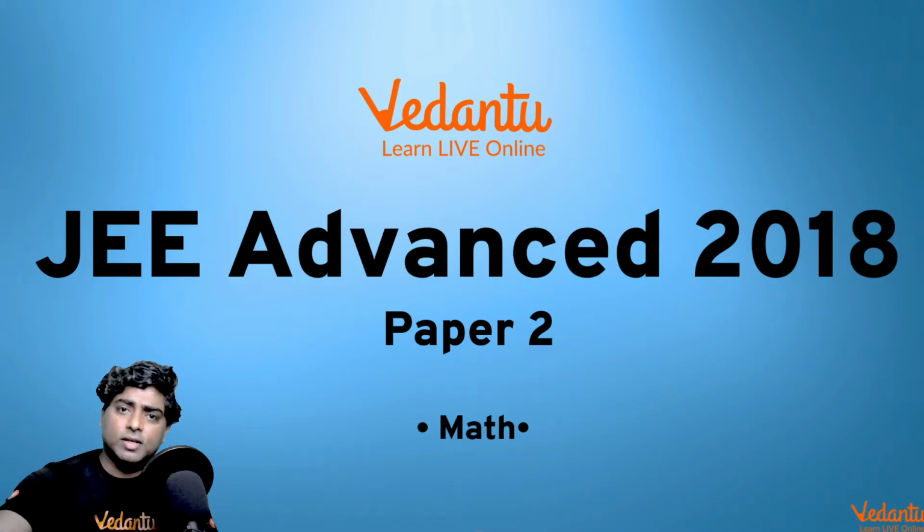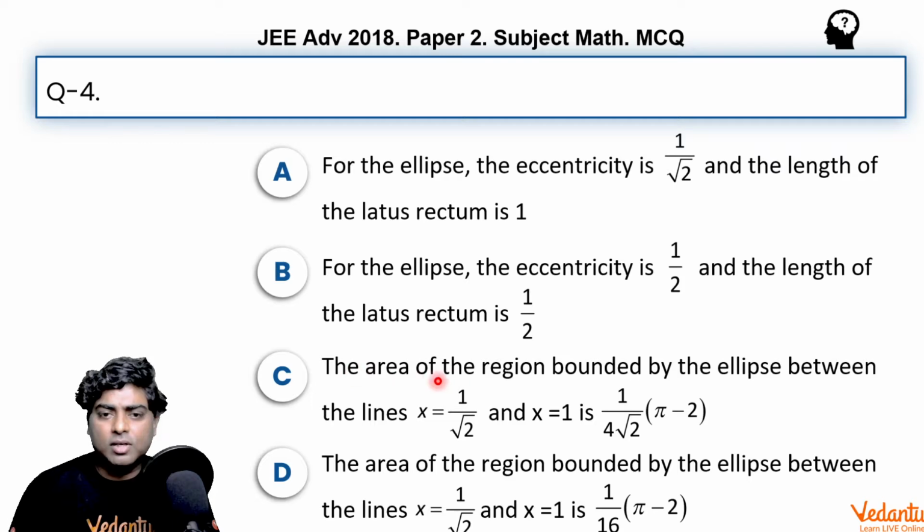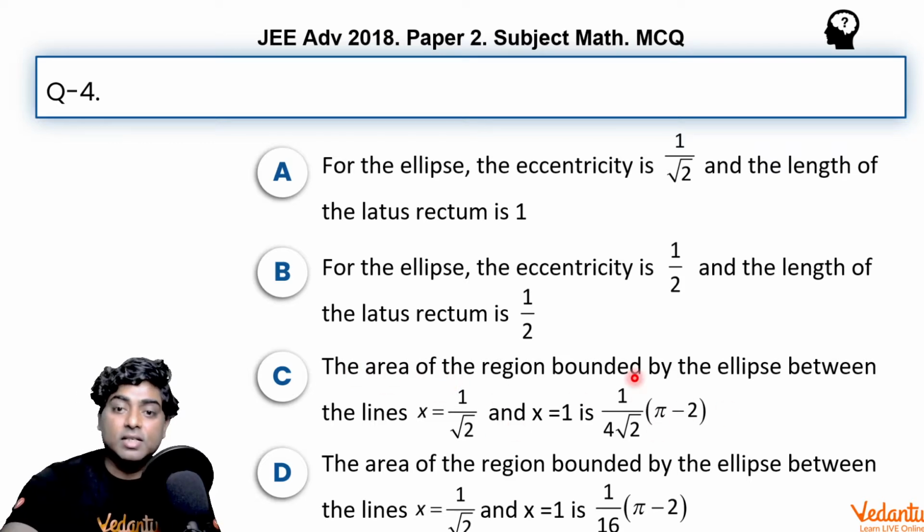For this video, let's have a look at the problem. The question is related to coordinate geometry. It involves circle, parabola, and later you will see that ellipse also. So it is a mixed problem of these three chapters, and it requires all the concepts related to them. Let's see how we can solve it in an easier manner. The question is not difficult, and you will find as we go to the options that they are also asking about the area of the region, so it requires integration also.